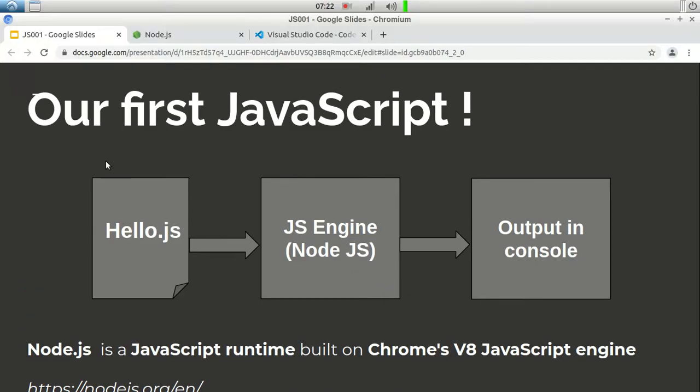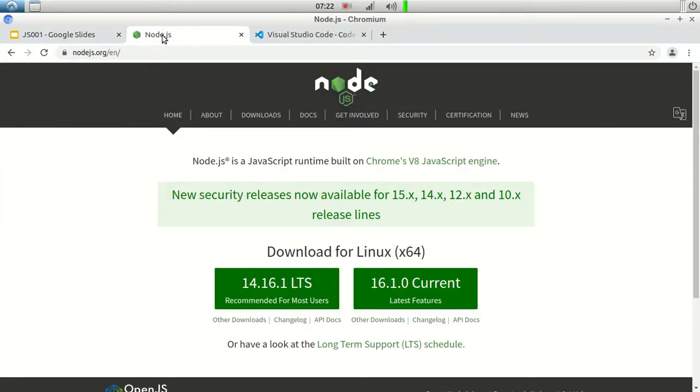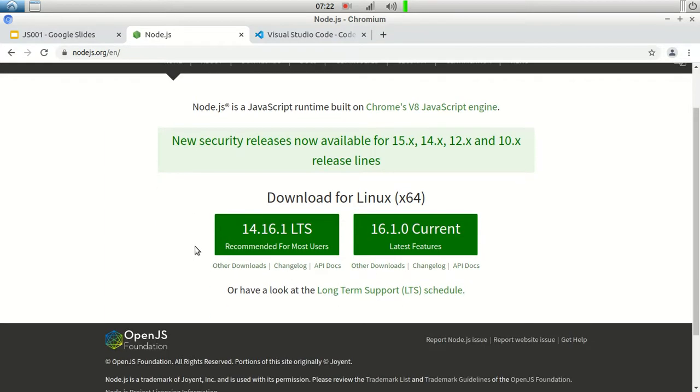So, more on theory, we will just go to the Node.js site. In order to install Node.js, you will go to nodejs.org and download Node.js based on your environment and OS. For example, on Windows it will be straightforward. You will download the exe file, double click, and just go next with the default values. Then Node.js will be ready. But how to confirm that, we will see in some time.